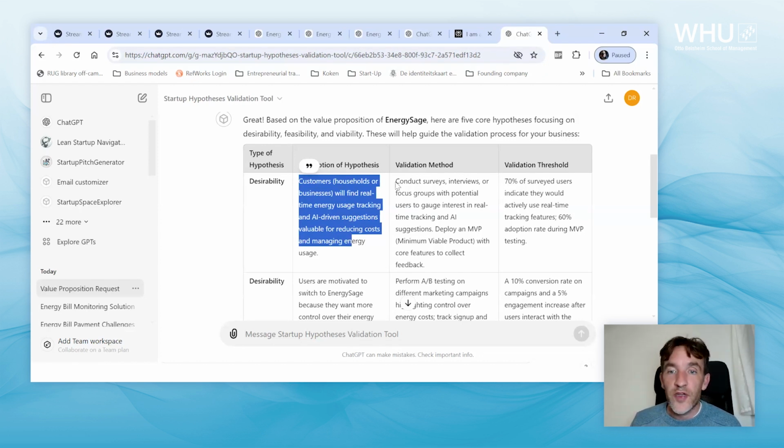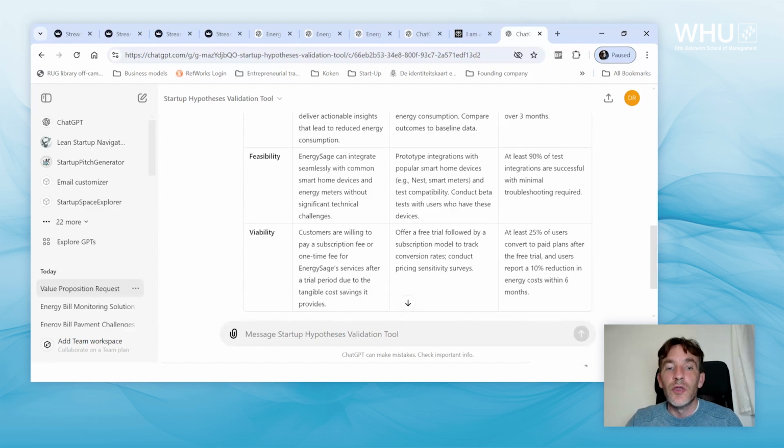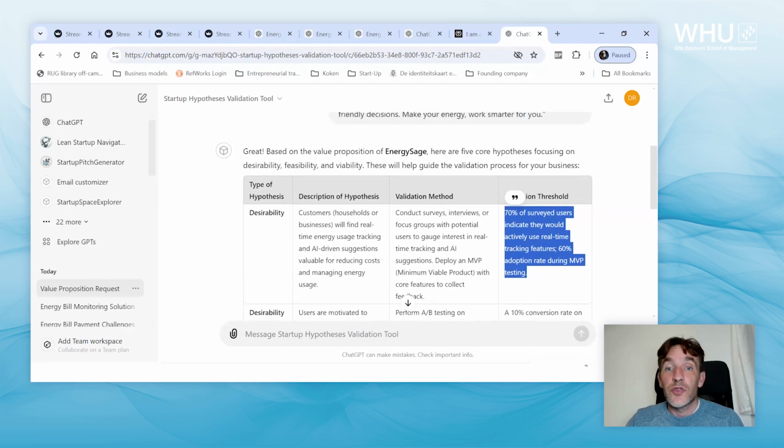Should I use a survey? Should I use an interview? So it gives me some suggestions. And it also gives me some suggestions about what could be validation thresholds. Yeah? So what would be the minimal percentage of users that should positively respond? These are some suggestions that it gives. Yeah? And so you see, in less than 1 minute, with this tool, you can easily have the students creating